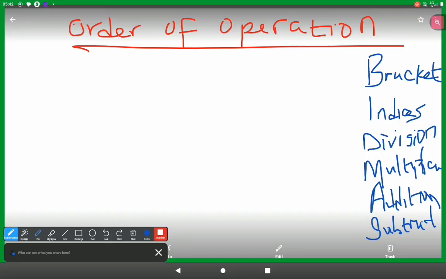So after you've checked for index and solved it, you move on to division. Division will be the third thing to consider. So division must be solved before your multiplication. After you've solved your multiplication, then you go for addition, then subtraction will be the last thing you should consider. Now let's take for example